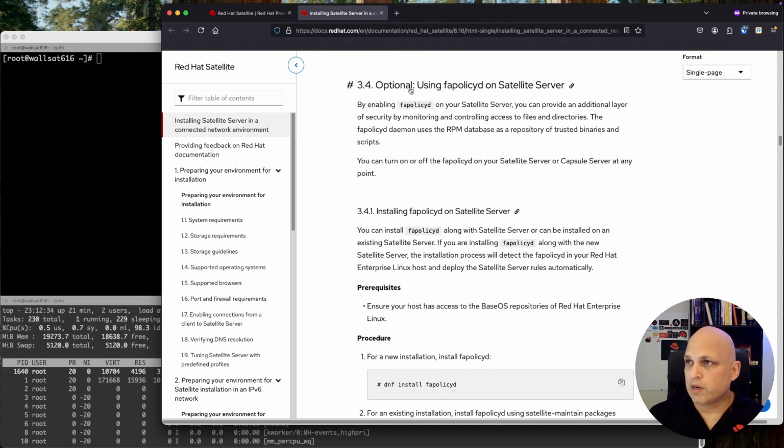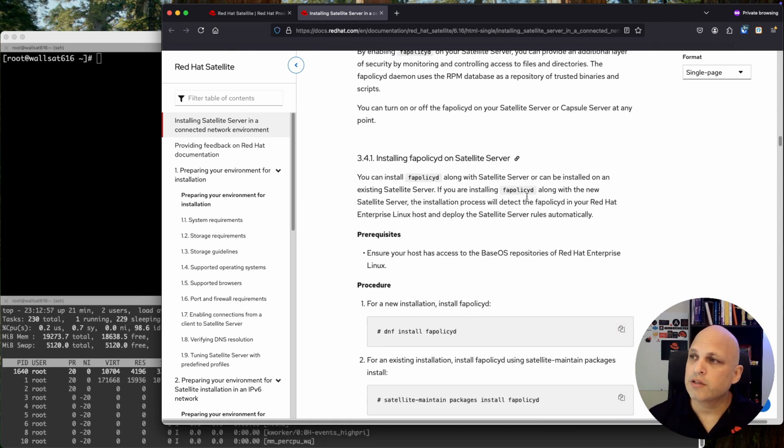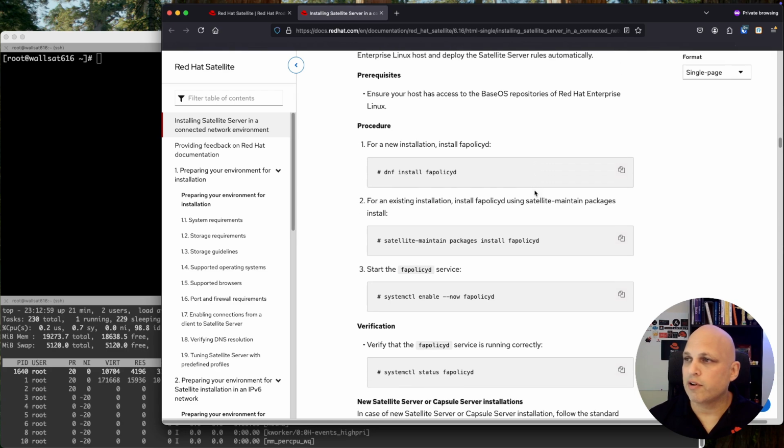All right, this is one optional step using fapolicyd. I can tell you for sure, on versions 9.3 and 9.4, this was a problem. This was not a problem with Satellite, but a problem with RHEL, specifically that package on RHEL 9.3, if I'm not wrong. But this is already fixed. So fear not, you can definitely follow the steps here, enable fapolicyd and move it on, because this will be pure success. All right, so let's install